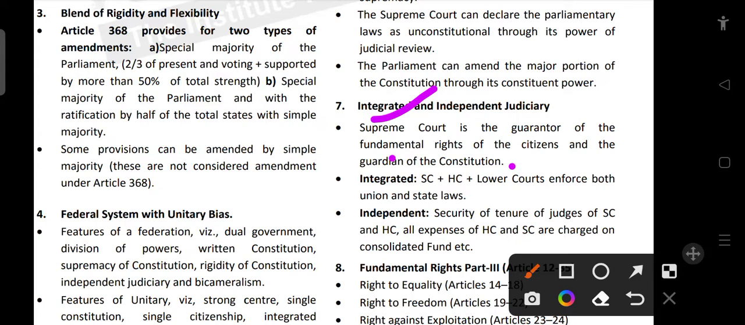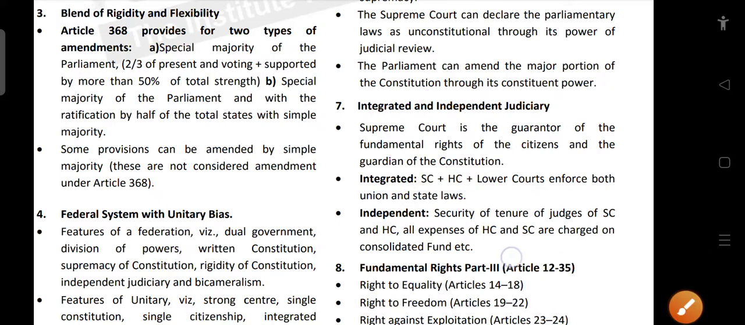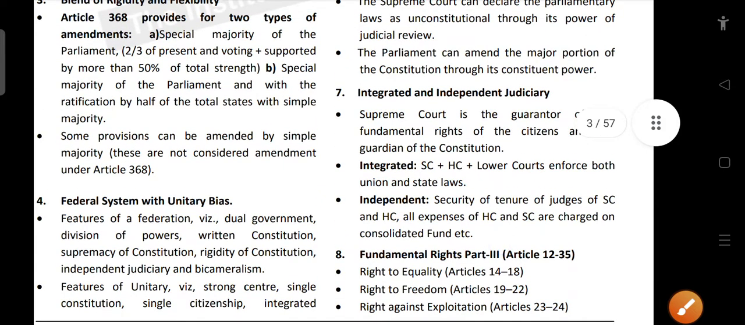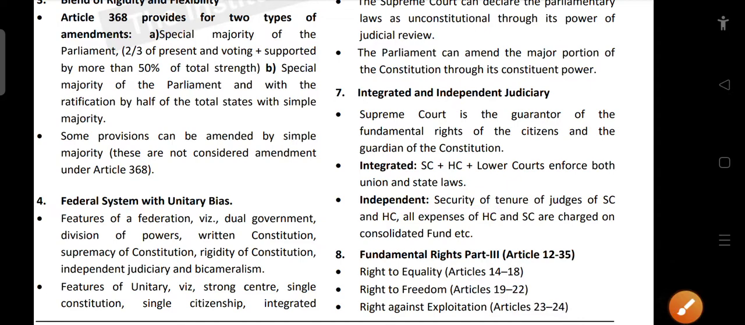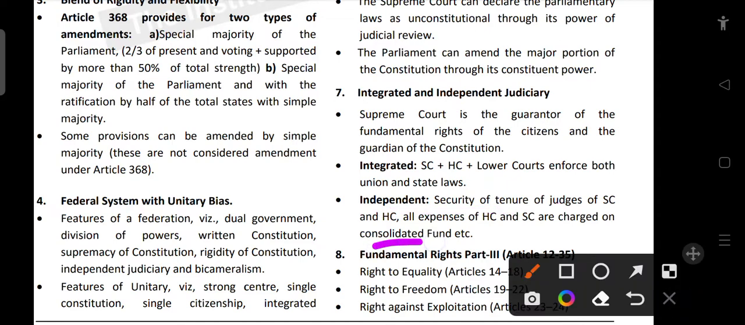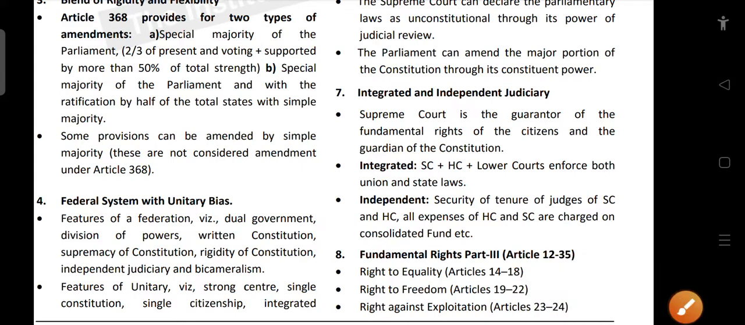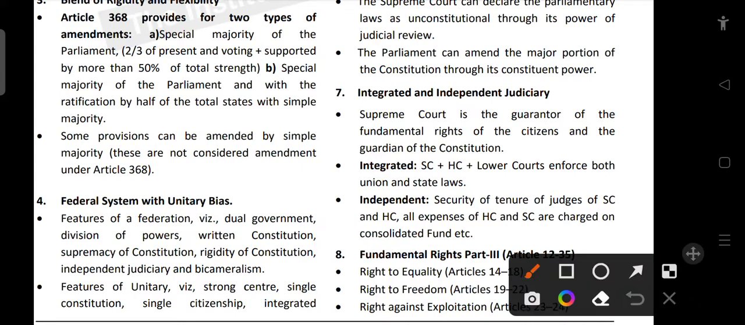So we have an integrated judiciary because we have this hierarchy: the Supreme Court, below that the High Court, and lower courts like district courts, which enforce both union and state law. Why is it called independent? Because of the security of tenure of judges of the Supreme Court and High Court. All expenses of the High Court and Supreme Court are charged on the Consolidated Fund. And the next feature is